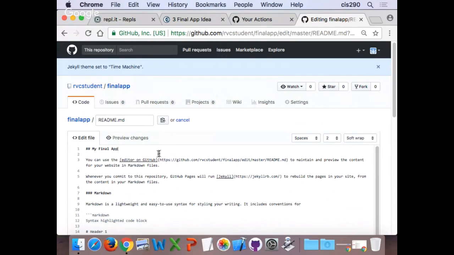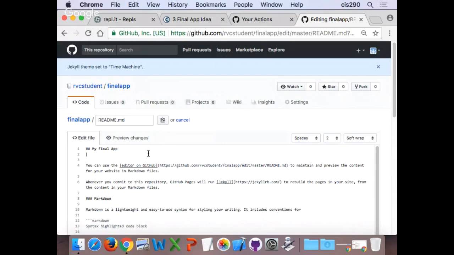So I just did my final app. I'm going to go in and enter on line 2. I'm going to put 1 pound symbol, and I'm going to put in my first and last name. In fact, instead of 1, let me do 3 pound symbols. That way my final app's bigger than Chuck Conkle. So my final app's going to be header 2. Chuck Conkle's going to be header 3 with the hashtags before it.